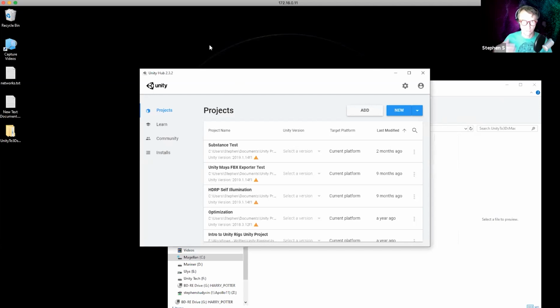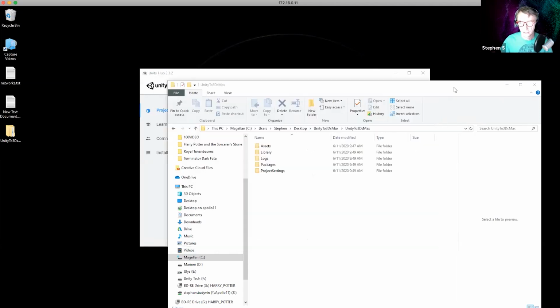One thing to know about this, if you've attended other previous Learn Lives, quite often you're being given an asset file that you're going to import. This is an entire project. So when you extract it, you're going to have a project folder, which actually is going to have another project folder in it. It's going to be called Unity to 3ds Max, and inside of that is another folder, Unity to 3ds Max. So just realize that when I extract it, it shows up kind of twice. You'll see that there's assets, the library and the packages all in there. So it's a whole Unity project.